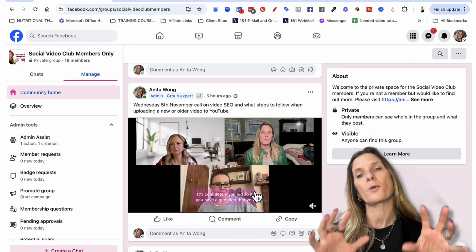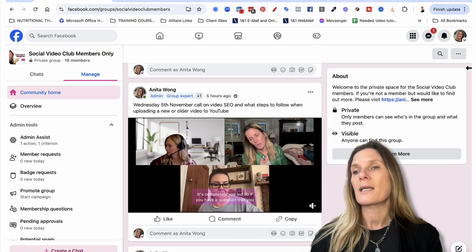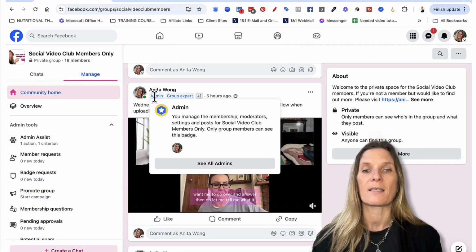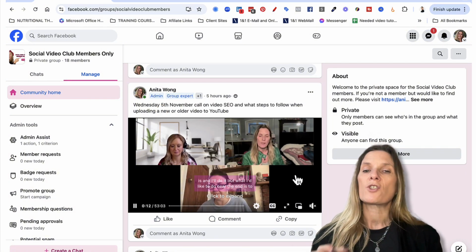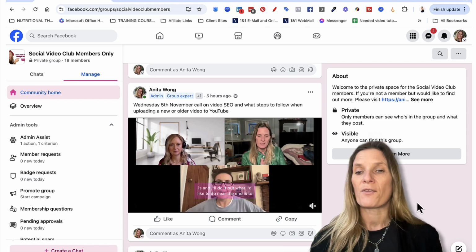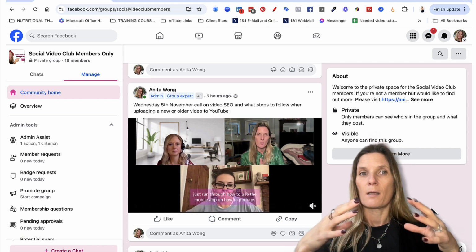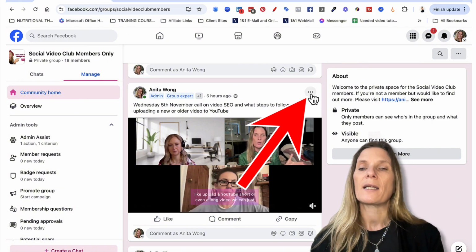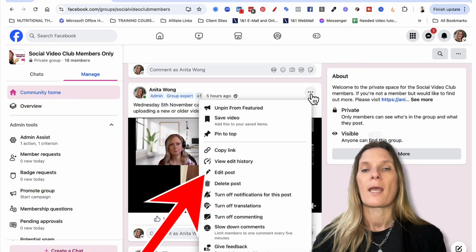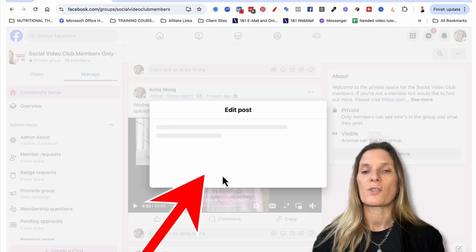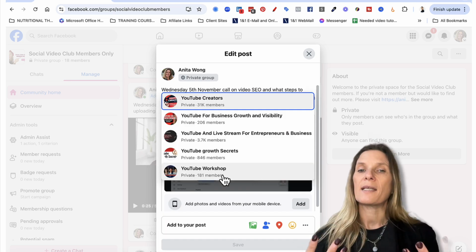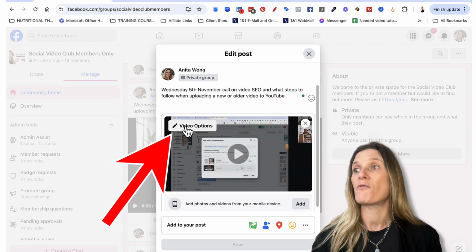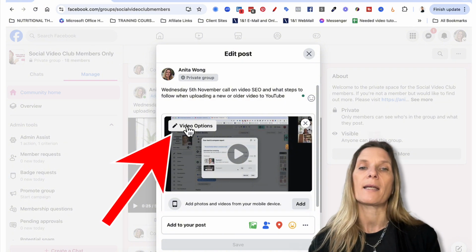So this is my Facebook group, and I am acting as myself up here, who is admin of the group. As you can see here, it says that I'm admin. In order to edit this so that I have a thumbnail that I want to present with, all I need to do first is click these three dots and go to Edit Post. Once you're in this Edit Post area, you'll see there is this video options. So if you go ahead and click that,